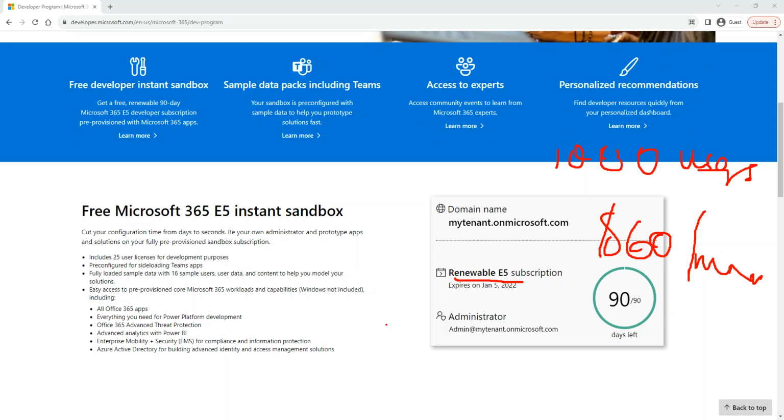For developers, Microsoft wants to have many developers so that those developers can assist all the companies who purchase this product from Microsoft. Kind of makes sense, right? It's a win-win. Developers learn for free, and at the same time, we assist companies to use this Office 365. We make their life much easier when they use this service. And it is going to cost them a really big amount of money.